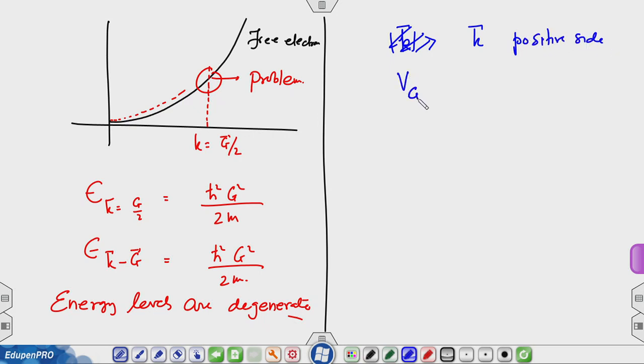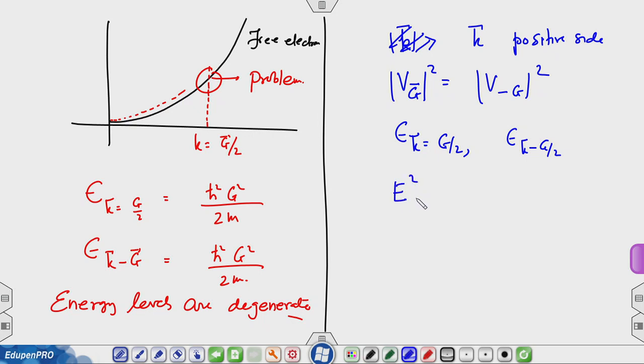And V g mod square is the same as V minus g mod square, and therefore, at epsilon k equals g by 2, if I mix epsilon k minus g by 2, the second order change in the energy for the kth level is going to be V g square over epsilon k minus epsilon k minus g by 2, and this is a problem,